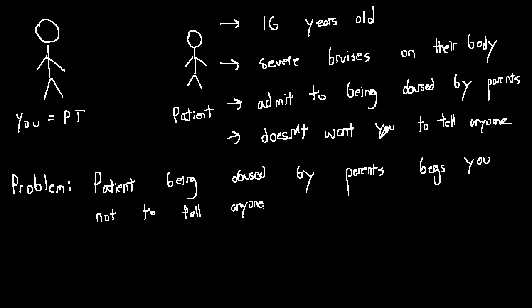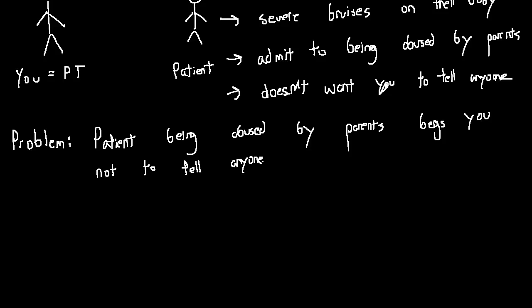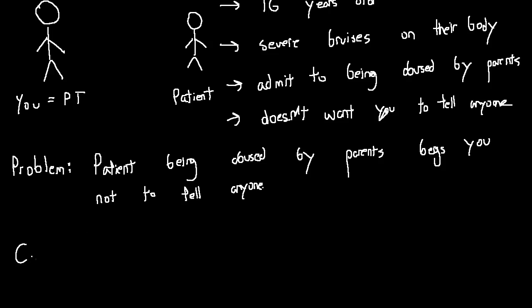We see we have this tough balance. Now, it might seem like we can't pick an appropriate answer, because if we do one thing, we go against the other. And if we do the other thing, we go against the other one. So what do we do in this case? Let's go ahead and ask some questions. There's a lot of questions we're going to want to ask here. Collect information.